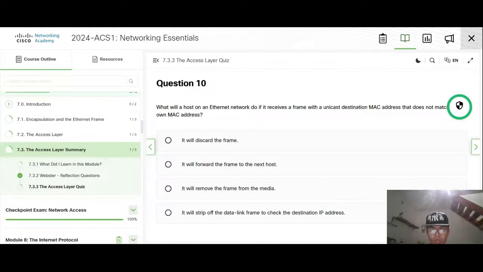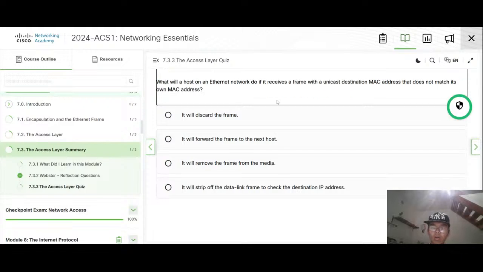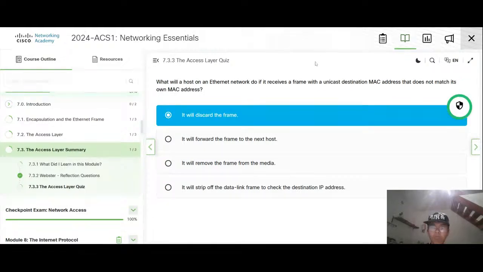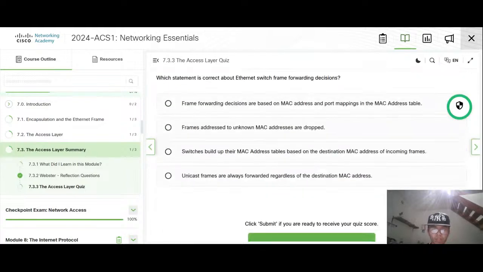What will a host do when it receives a unicast destination MAC address that is not its own? A host will discard it. It's the host, not the switch or router, so of course it will discard.